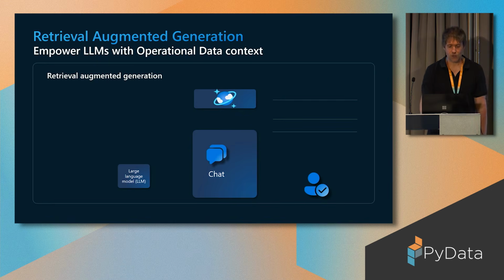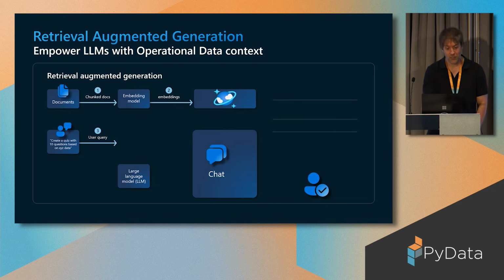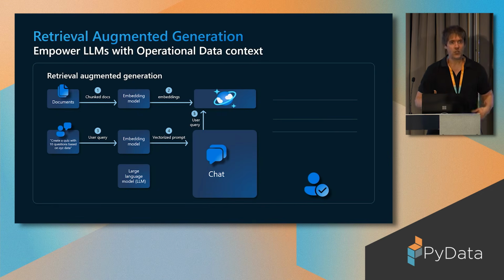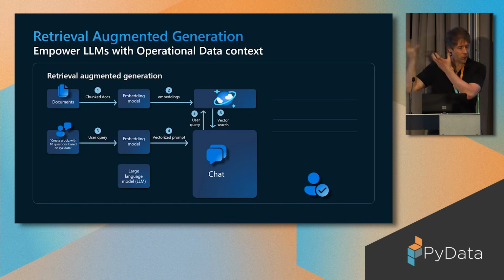Instead, you're providing your own information. So typically, you'll have some documents that will contain text. You'll divide these documents into chunks. You'll call some kind of embedding model that will then convert that text format into numerical format, arrays of floating point numbers. You'll store that in a vector store like Cosmos DB. A question comes in text format. That's going to be converted into exactly the same numerical format. The application is going to call your vector store using some kind of numerical distance algorithm like cosine similarity or Euclidean distance, which turns out to be a good proxy for semantic similarity. You get a rank-ordered result of chunks of data that are similar to the question that's being asked.